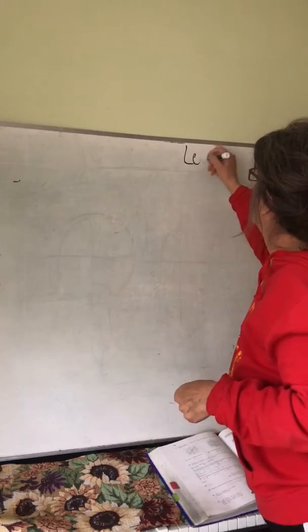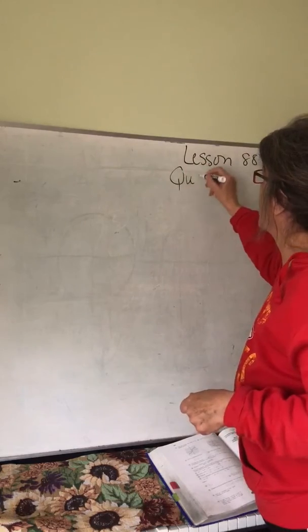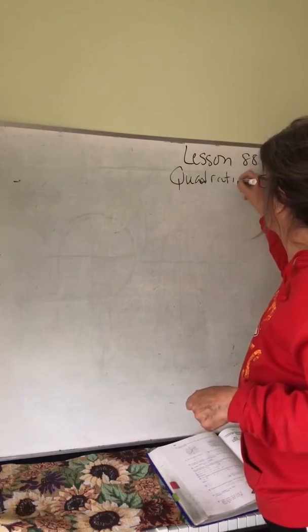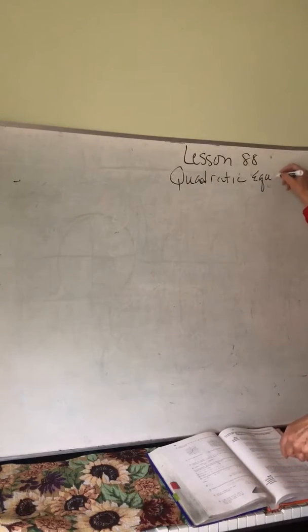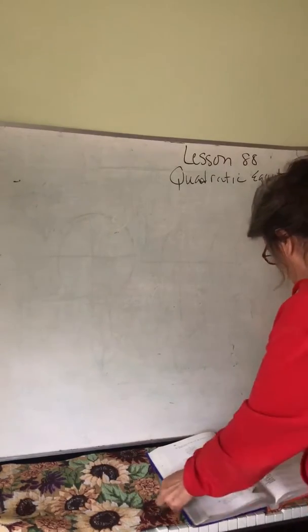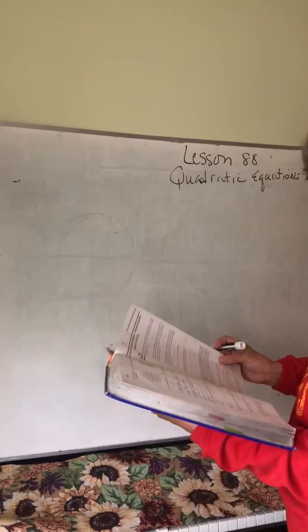Okay, the next lesson we'll be doing is lesson 88. These are called quadratic equations. Now, we have done some of this, but we're going to go one step further. So, for example, when we had